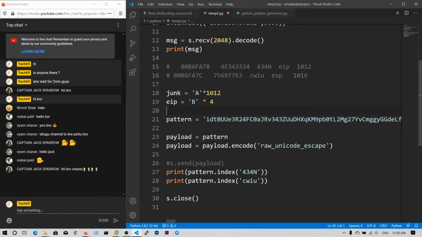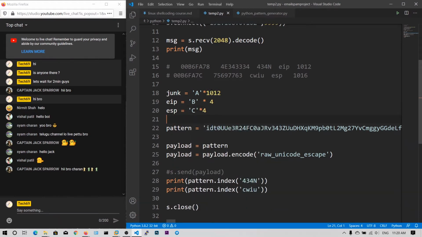Now after these B's we can override the contents of ESP exactly as it is in our script. Now we can just simply say another random junk2 into say 700.